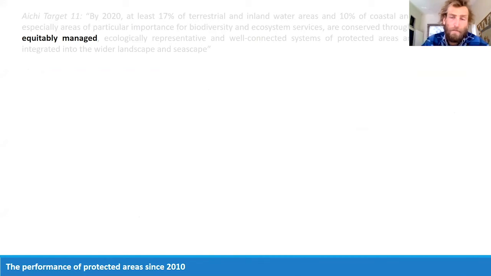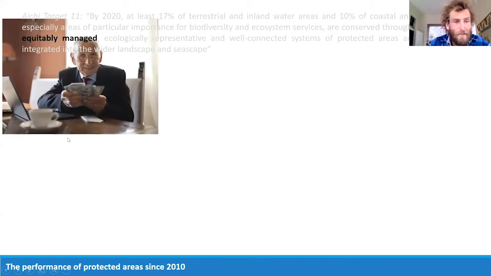Now we'll get on to whether protected areas have been equitably managed. So we're talking about social equity here. Again, the studies in this space aren't as numerous as they should be. A recent study looked at 225 protected areas, showing that the majority of conservation managers, staff and community representatives believe protected area benefits are shared equally. So that's a good thing. You don't have scenarios where the money's only going to the top.